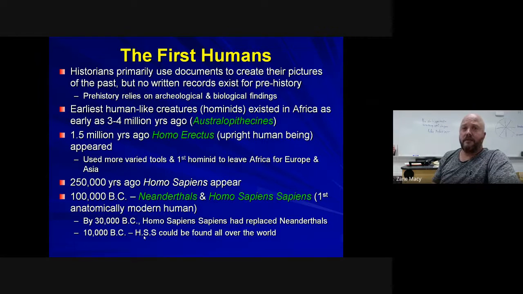Third possibility is that they commingled, they interbred. They weren't that far apart, evolutionarily speaking, and over time, the Homo sapiens sapiens might have just absorbed the Neanderthal population. And the fourth, and probably the most likely, is it's a combination of all of the above.